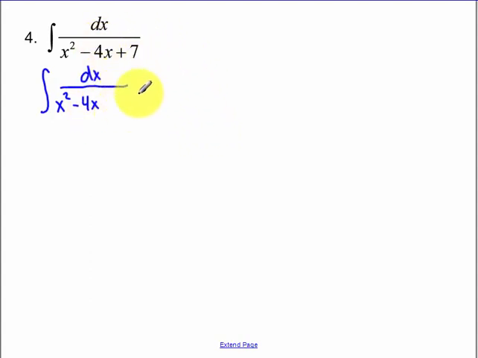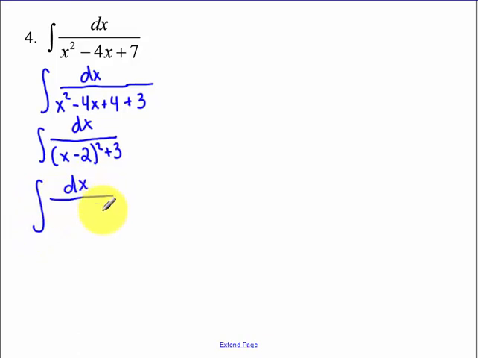Okay, remember to complete the square. You take 4 divided by 2 squared. So that's really 4. I'm going to break this 7 up into 4 plus 3, because 4 plus 3 is 7. So now I've just broken it up so that I can factor part of that and get x minus 2 squared plus 3. I'm going to rewrite that for us